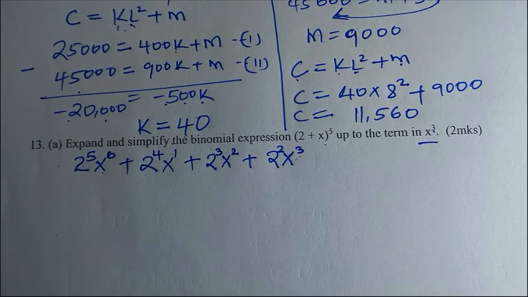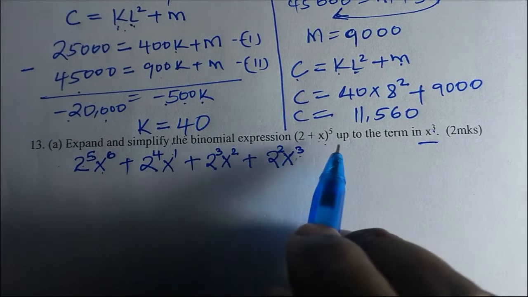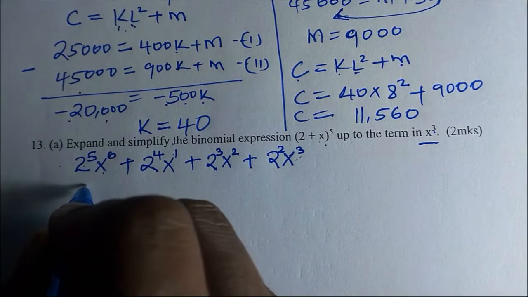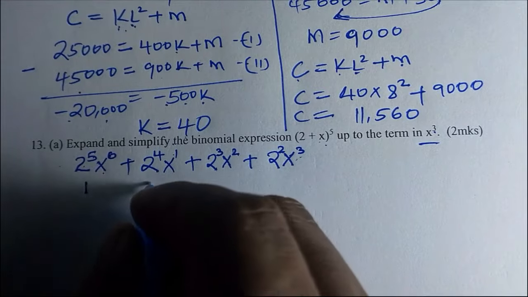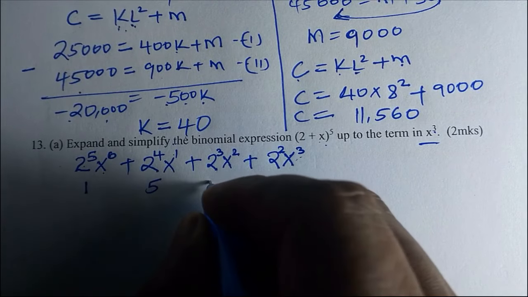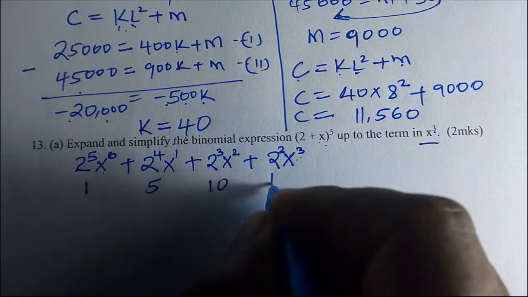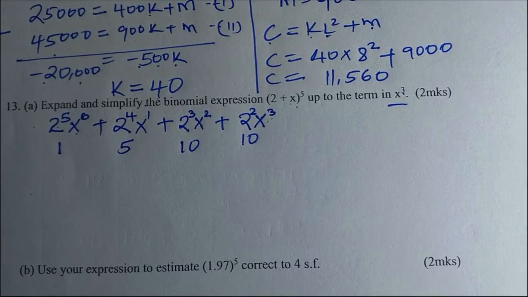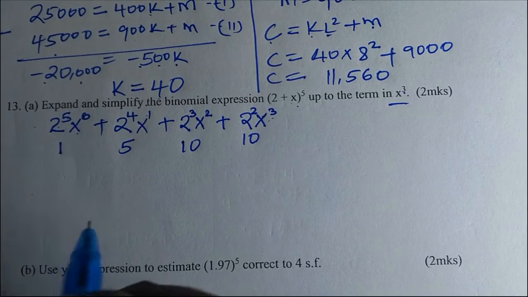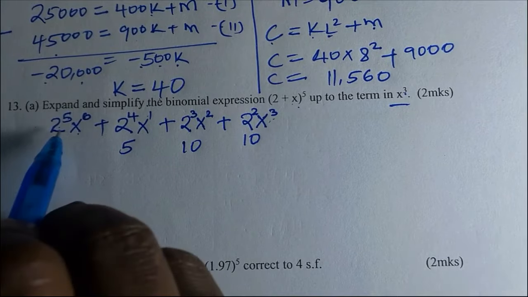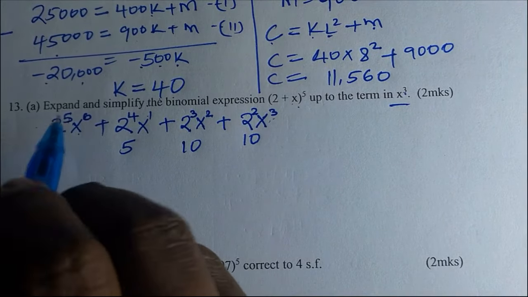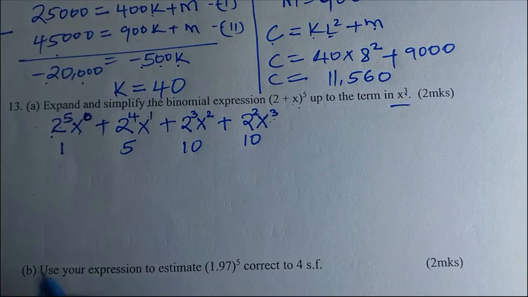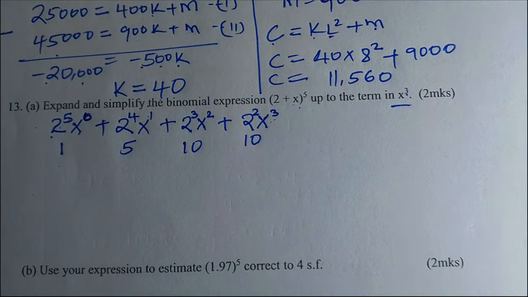The next thing I want to have is the coefficients of 5, which are 1, 5, 10, 10. Those are the coefficients of 5 using the mathematical table, page 28, you will get that. Then now multiply this. 2 raised to power 5 is 32, x raised to power 0 is 1. A number raised to power 0, the answer is 1. So we will have 32